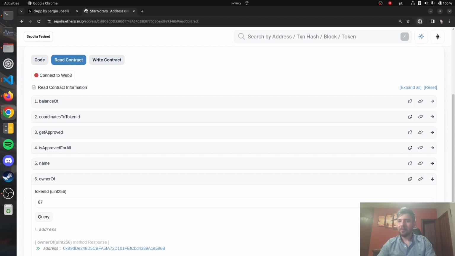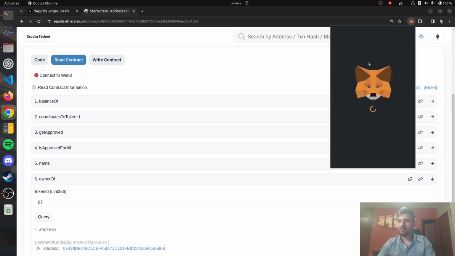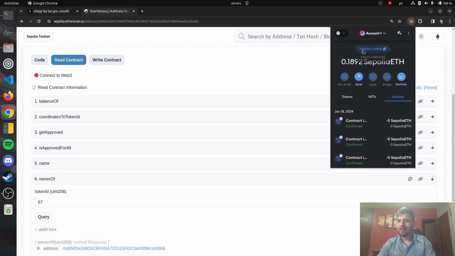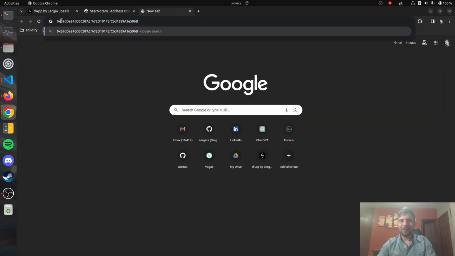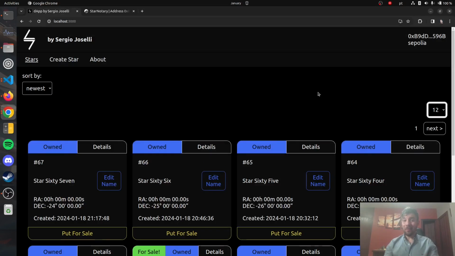And if I take a look at my wallet on MetaMask, there you go. I don't know if you can read it, but here it is. I'm going to copy it here. Starts with B9D, ends with 96B. Now, before we actually make a trade and prove this as a marketplace, let's touch on some implementation details